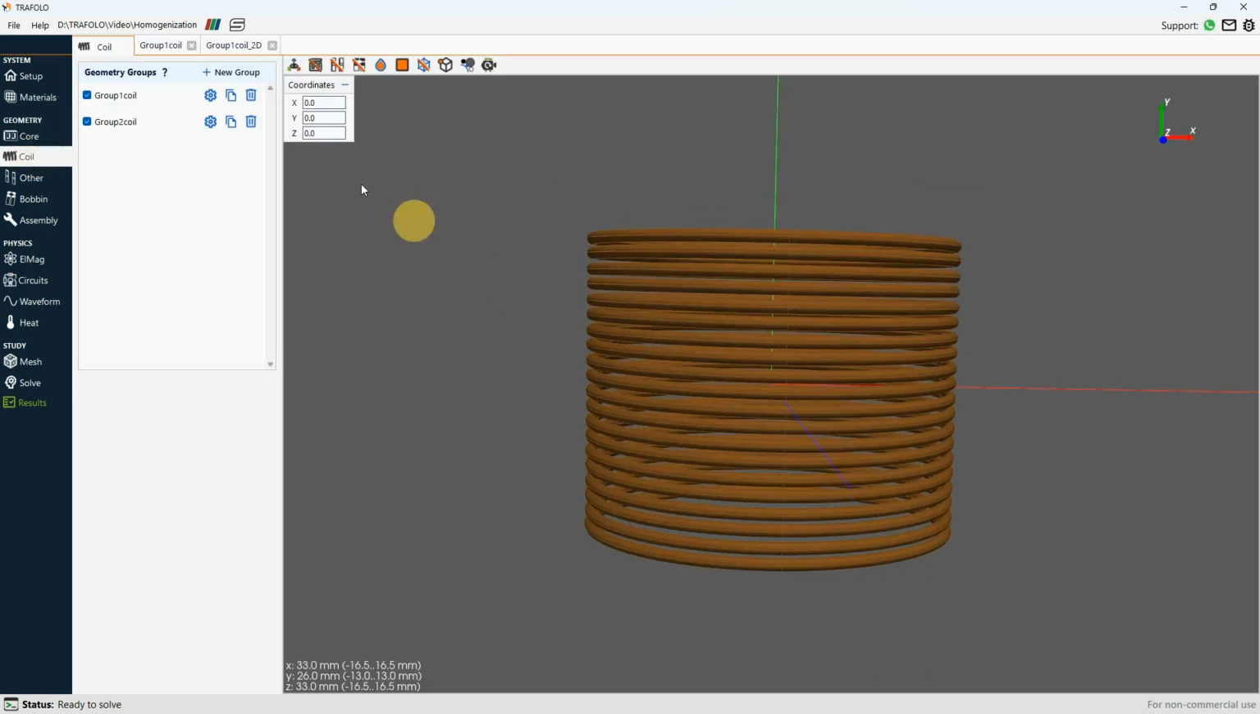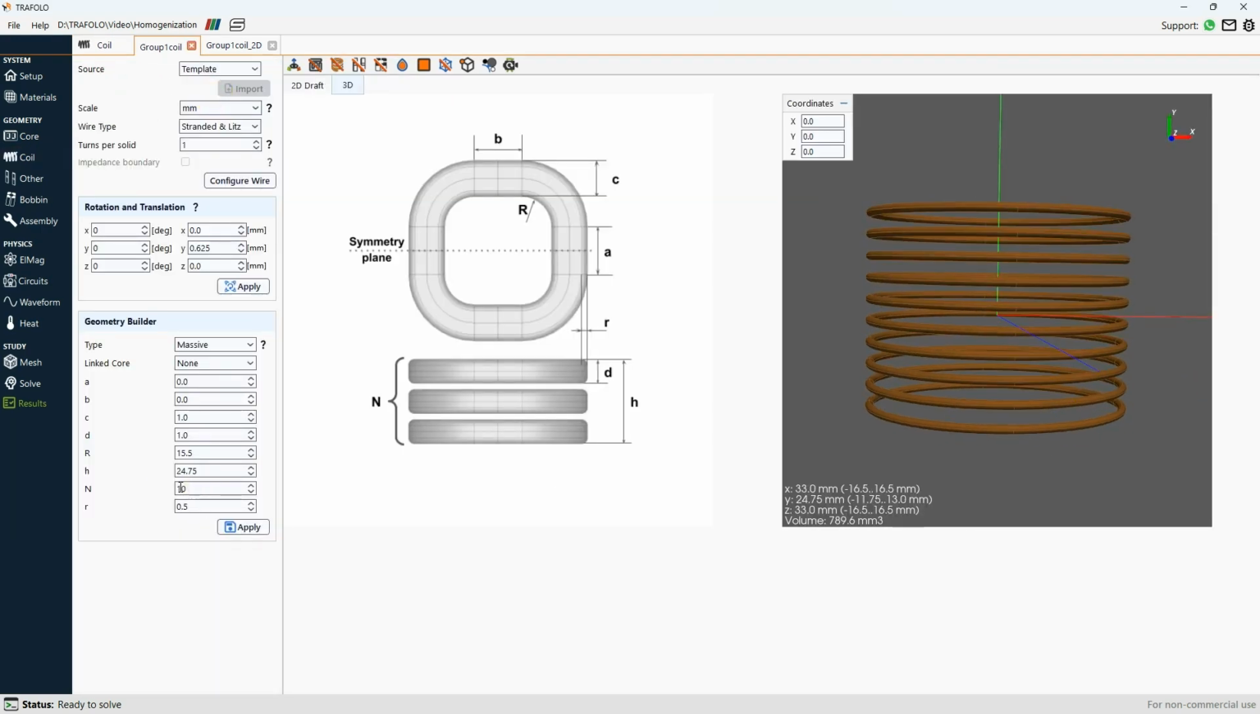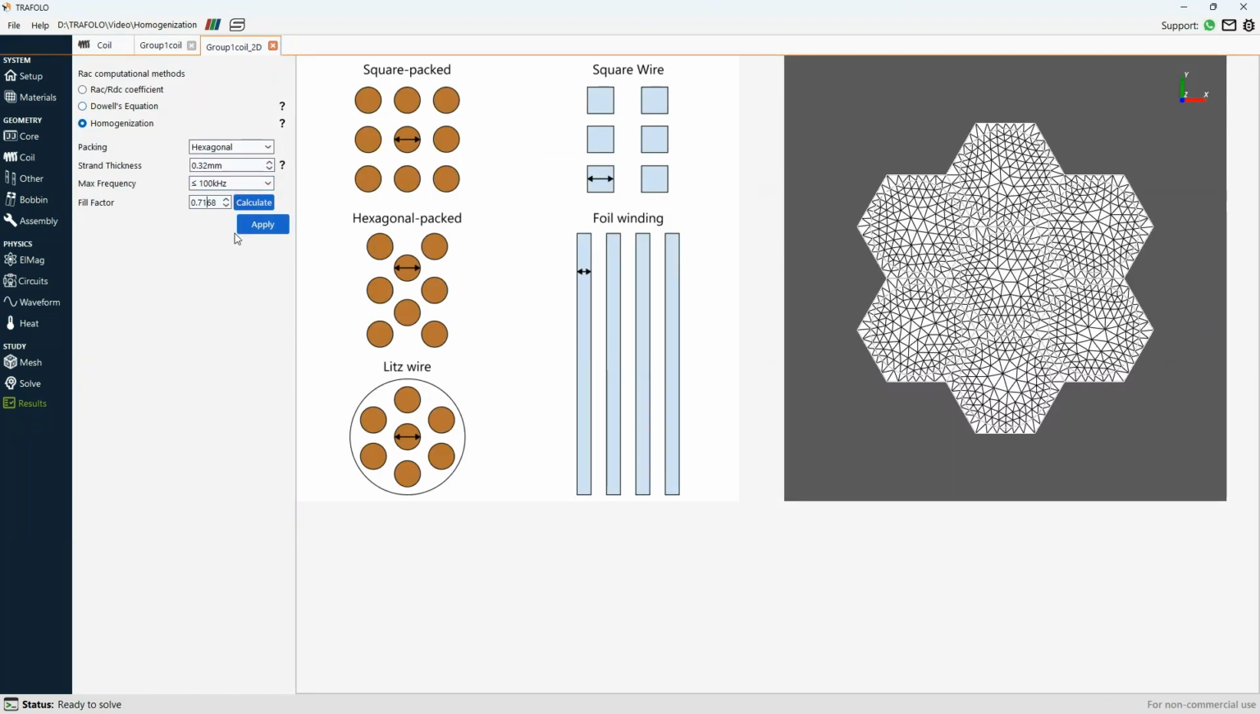Under the windings, we would create two separate winding groups, where in each group we would tell the software that it consists of 10 turns. Each turn has one wire, and under configure of wire, here we would predefine what the Litz wire properties are. So under the RAC computational method, we would choose homogenization, which will basically set up a 2D simulation for us that will calculate the unit cell response to an external magnetic field and calculate 6 parameters that will be later used in